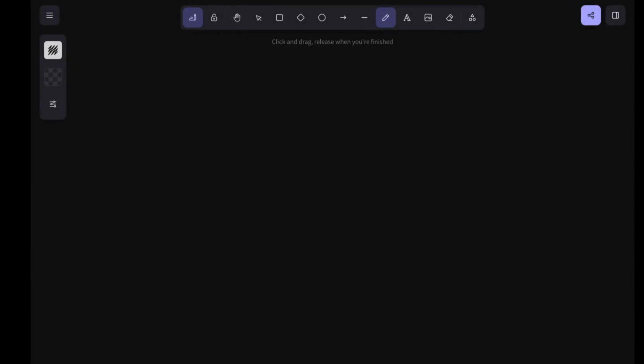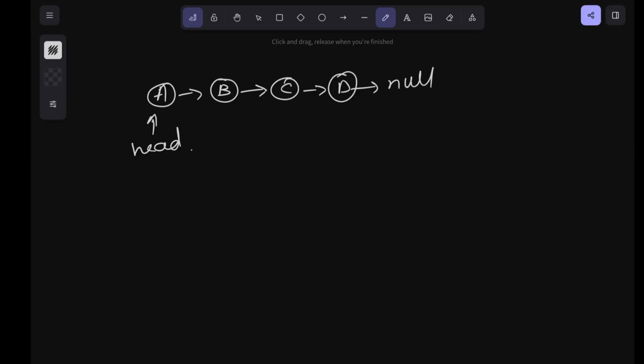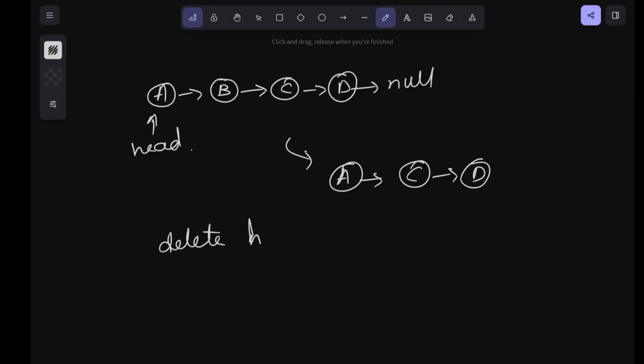All right, let's quickly look into the recursive approach as well. Let's say we have this linked list A, B, C, D, and null, and head is pointing to the first node. The recursive approach follows the same logic, but it is just expressed recursively. So the final linked list should be A, C, D. At each recursive call, this is the first step, we delete head.next,